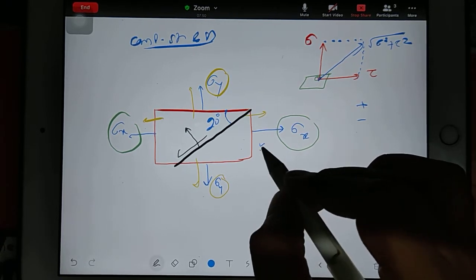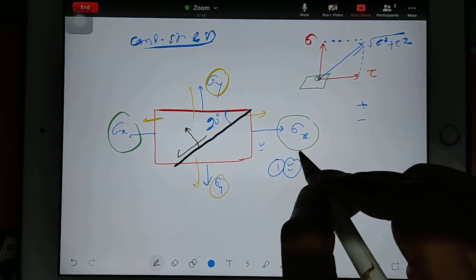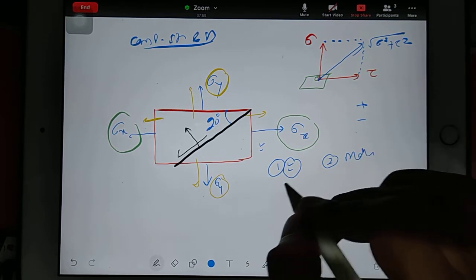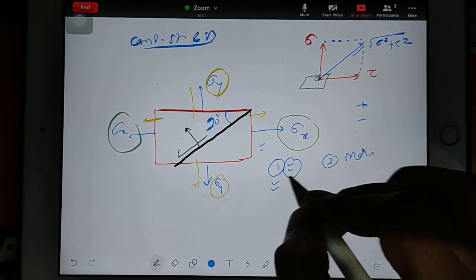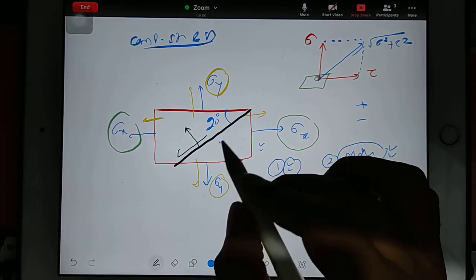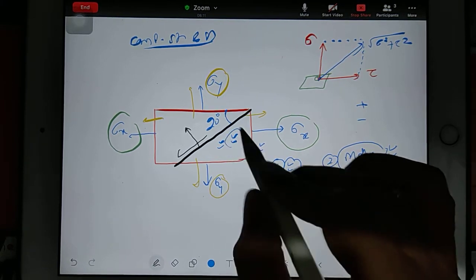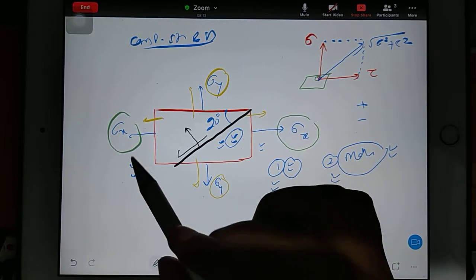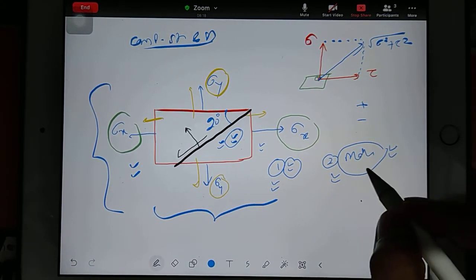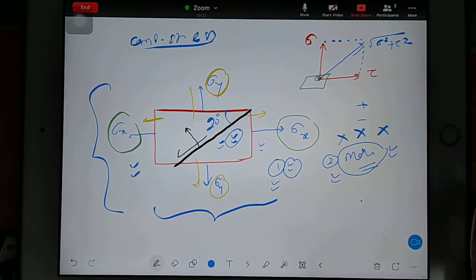For this kind of situation we have a direct formula. That is the analytical approach, but the other thing is the Mohr circle, which is the graphical approach. Mohr circle is very easy for understanding this kind of question. So first I will explain the Mohr circle for this kind of situation, because if you are clear with the Mohr circle, then it is the main thing. You will not make any mistake if you are clear with the Mohr circle.